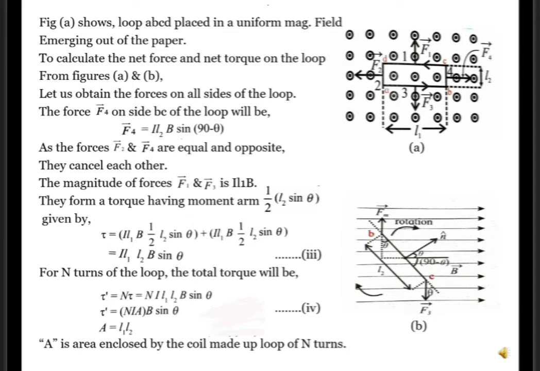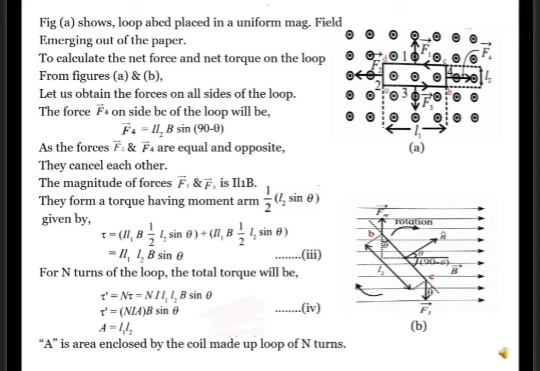These two forces do not act along the same line, hence they produce a net torque. The axis of rotation passes through the centers of sides AB and BC of length L2. So by the definition of moment R, it is half L2 sine theta. The torque tau due to forces F1 and F3 will then be torque equal to I L1 B half